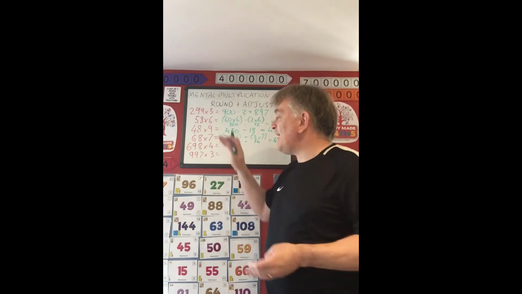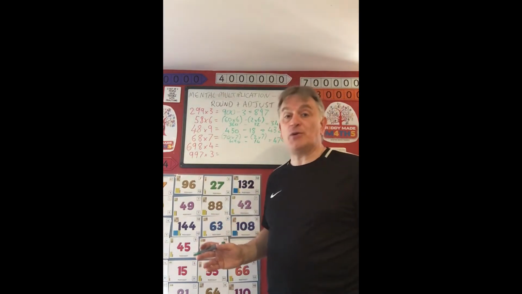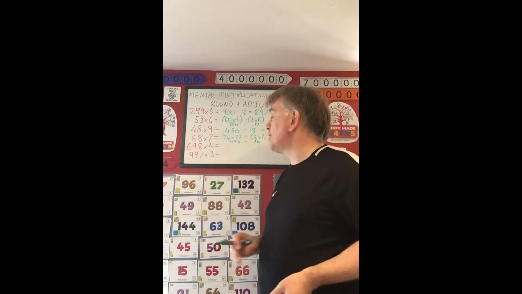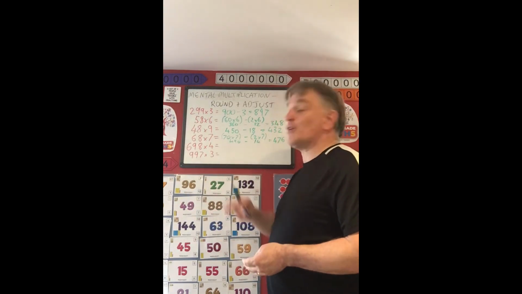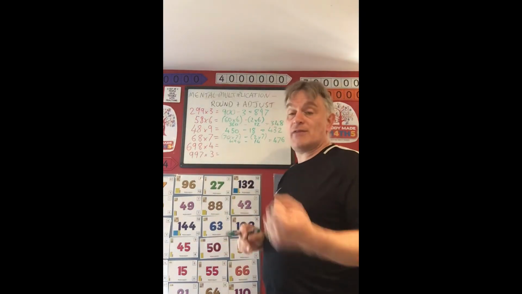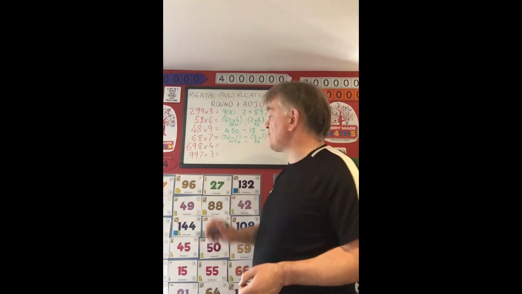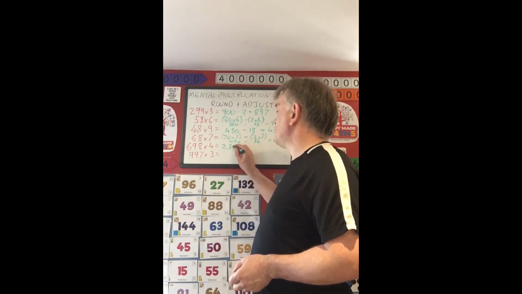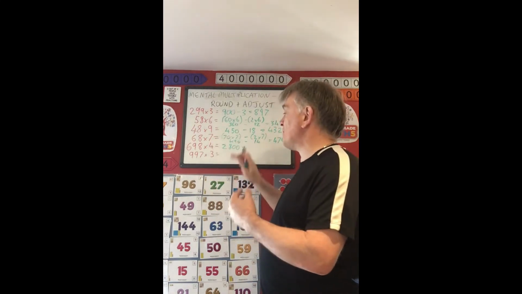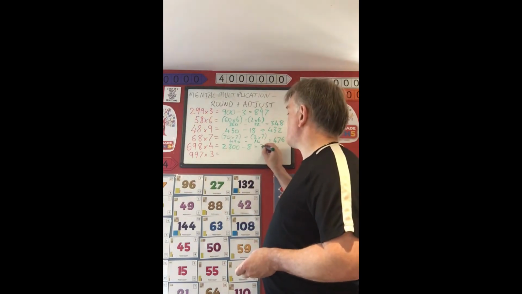476. Even as the numbers get really big, 698 multiplied by 4, I'm definitely going to do that with a round and adjust. It's a massive number to deal with as a partition, or as a standard method. You can obviously do it as a column method, but I'm just looking at that and going, well, 700 times 4, it's just the same as 7 times 4. 7 times 4 is 28. 70 times 4 is 280. 700 times 4 is 2,800. Just make sure we subtract the right thing. We subtract 2 multiplied by 4, so we subtract 8. 2,800, subtract 8 is